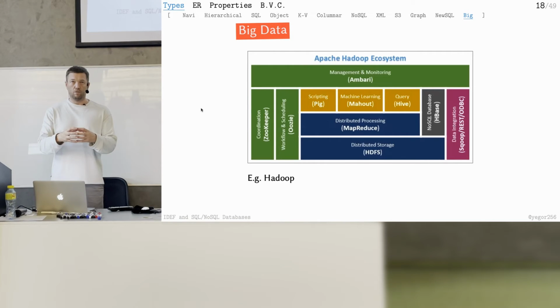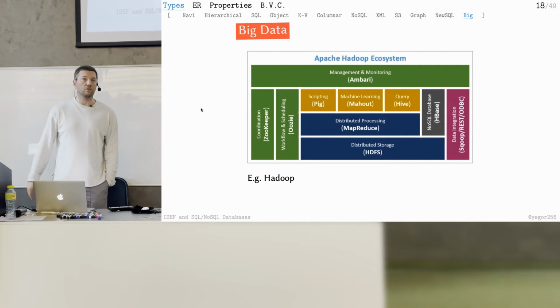Vertical means that you just make it bigger. It has 16 gigabytes of memory, you make it 64 gigabytes. Not enough, you make it 256 gigabytes. So you make the server large, but there are certain limits. You cannot make a server of a petabyte of data. It's just not possible, no matter how much you pay. So then you need horizontal scalability, and you keep this server the same size, but you install another 10 servers. And then in total, you have the size which you need. For example, one server has 1 terabyte of storage, but you need 100 terabytes of storage. Instead of making this server huge, you just install 100 servers.